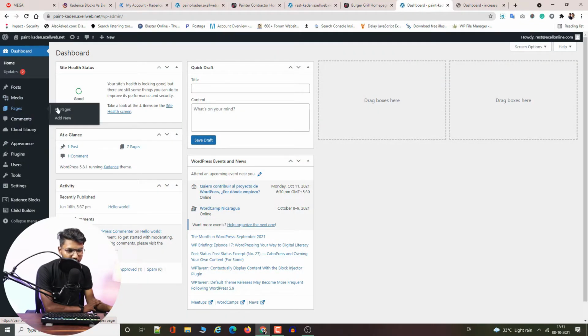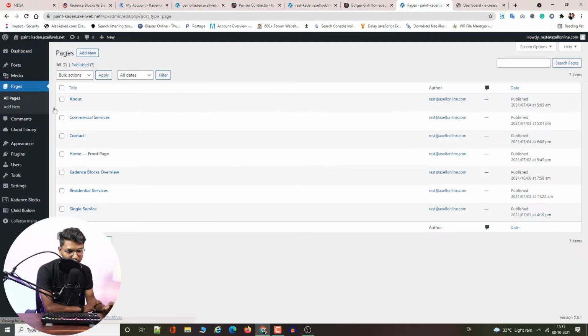So let's move to the desktop screen and I will show you the ease of use and designing experience of both the Gutenberg block editor and Elementor. So firstly we will discuss Gutenberg. Okay, on this side we have Cadence blocks and Cadence blocks Pro installed and activated. Now we will check what the features in Cadence blocks are and how easy it is to design a page using Cadence blocks.